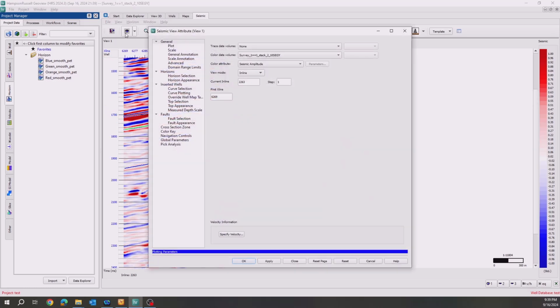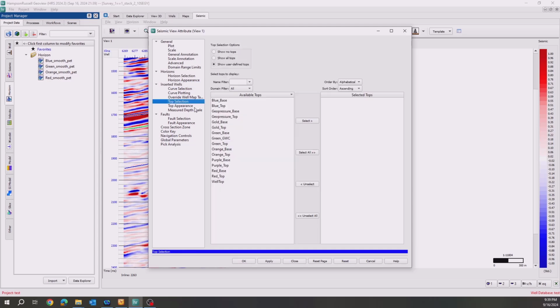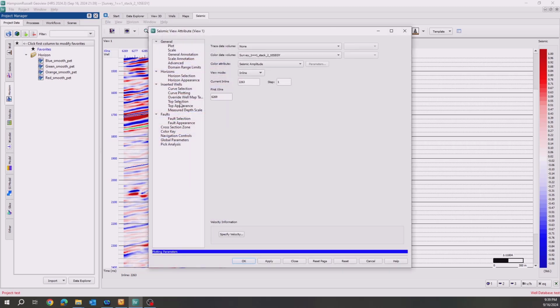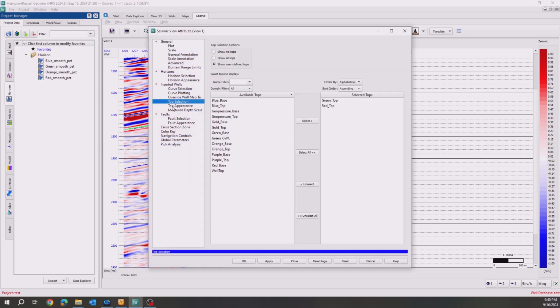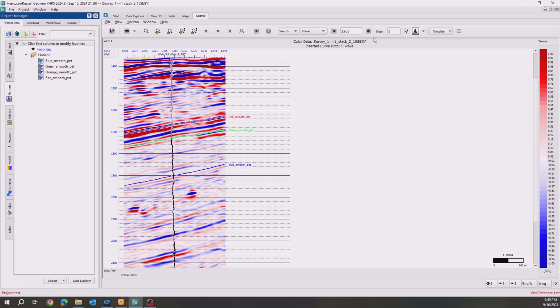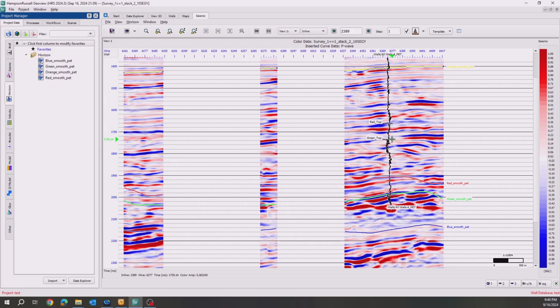And I'd also like to display my tops. When I imported all of those wells, they came in, of course, with their tops as well. So I'd like to display the green and the red top here. Oh, and let me likewise specify their appearance. Okay. So this particular well, let's go to well number 4. So here we see well number 4. Let's look at the full seismic